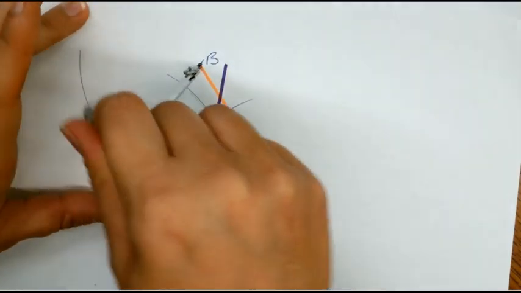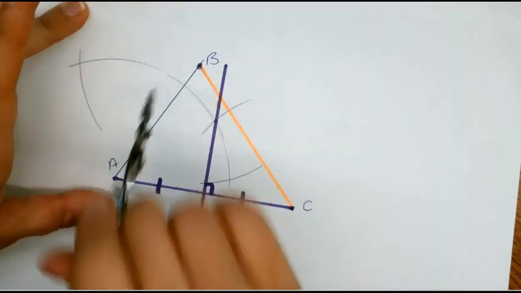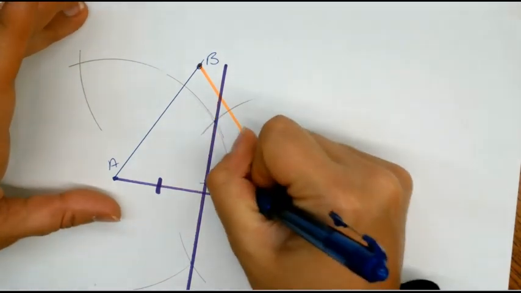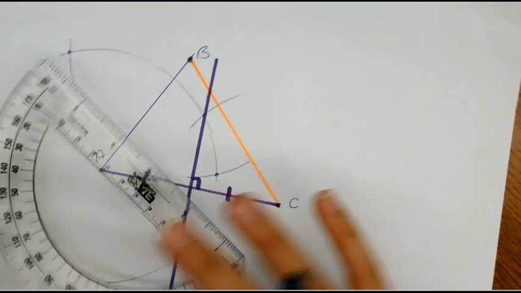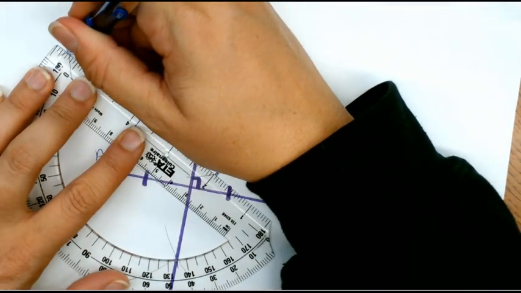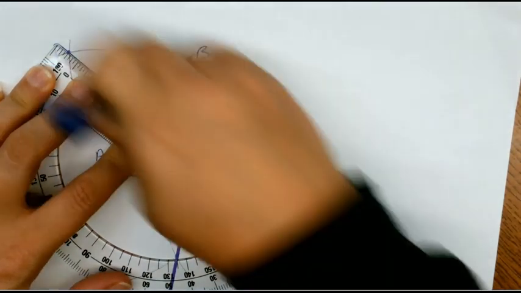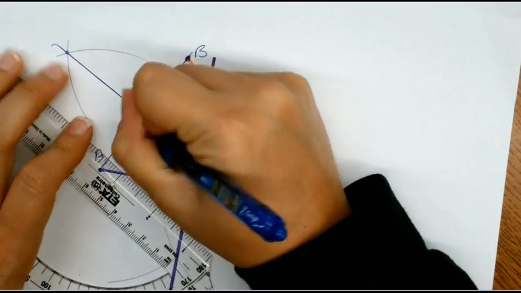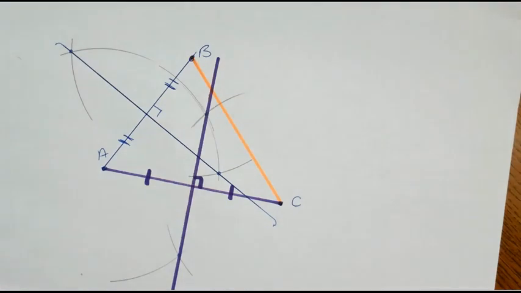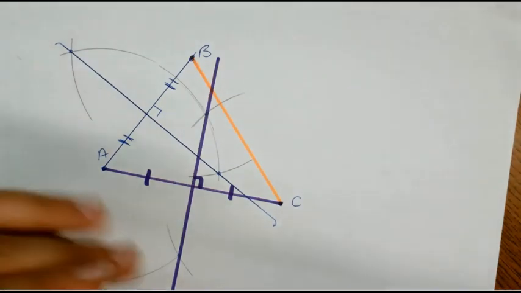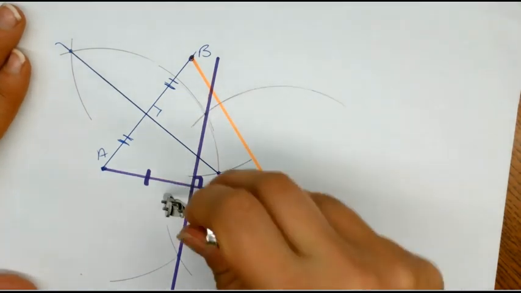I didn't do my arc below. So let's do my arc below. There we go. So now I have here and here. And I'm going to connect those. And that is a perpendicular bisector of AB. And then for my third side, my BC, put this on C, arc above, arc below,